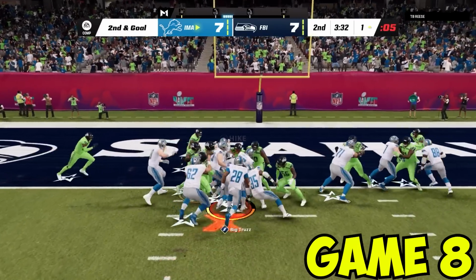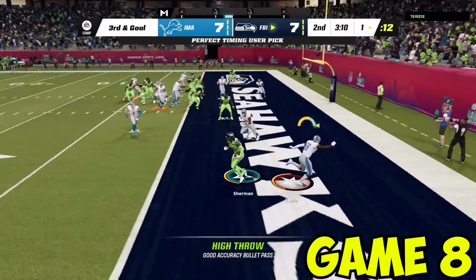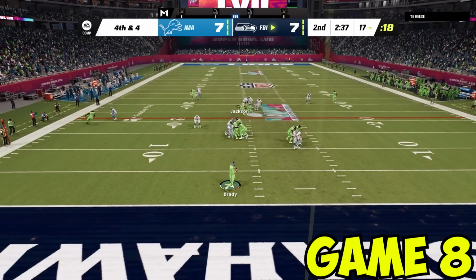All right, QB sneak at 2nd and goal. Doesn't work. Well, okay, 3rd and goal. I'm going to be really cute here, and I'm going to try highballing something. Well, for the first time ever, a high ball gets picked off in this game, so that's awesome. We immediately get him into a 4th and 4, though, and after this play is totally bagged and he throws